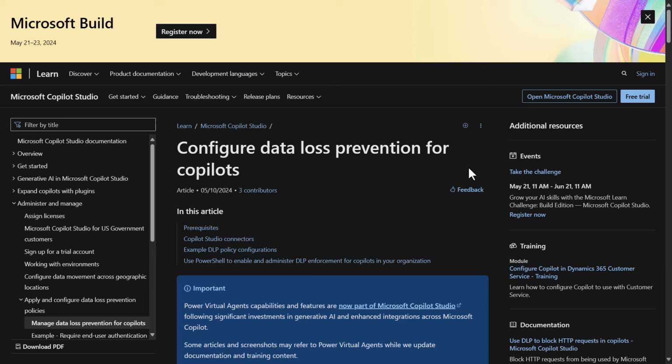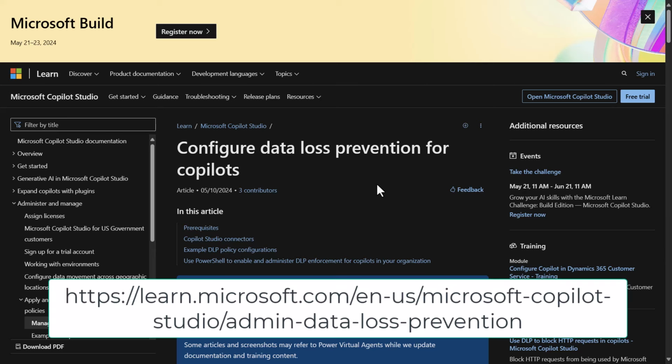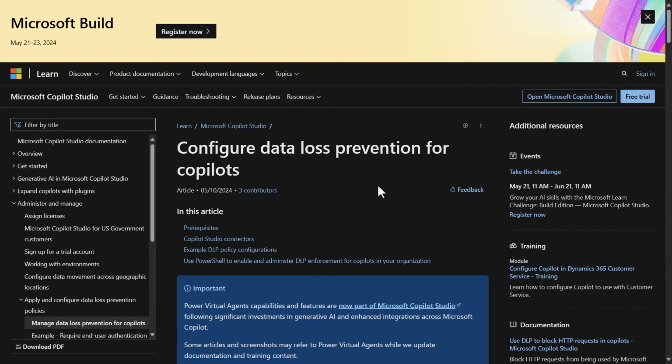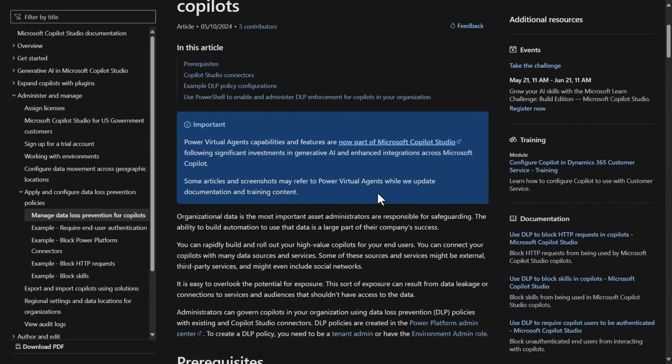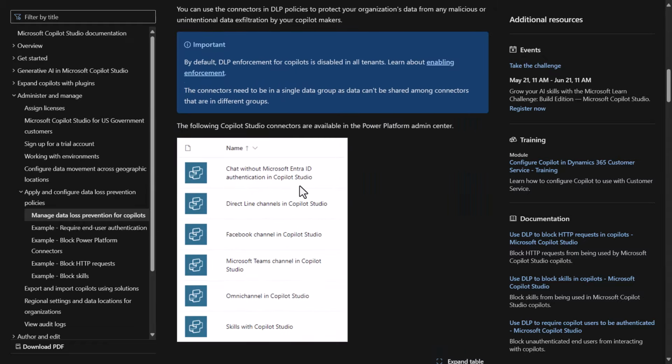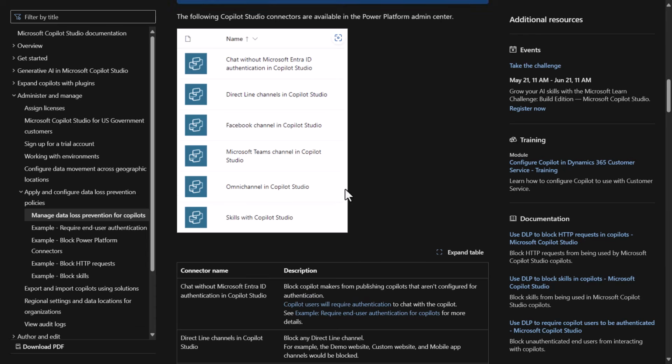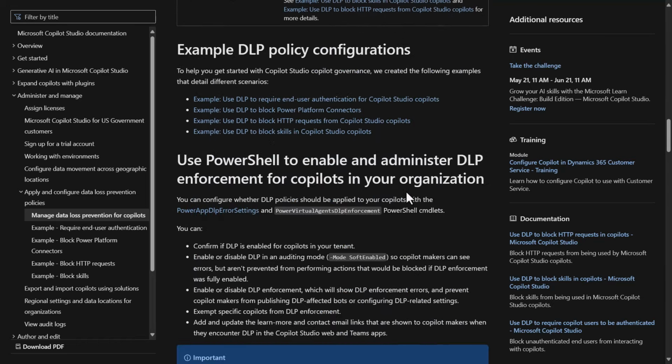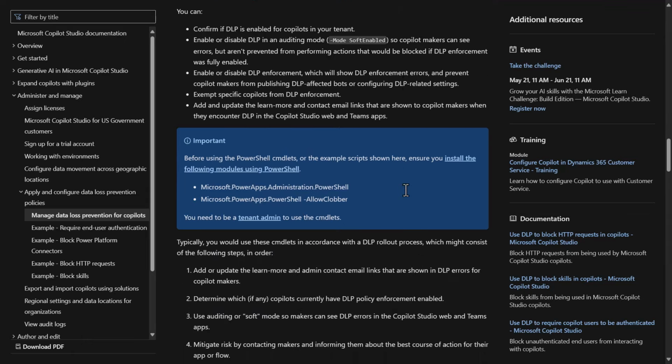I wanted to make sure that you knew that on the Learn site, you'll see the Configure Data Loss Prevention for Copilot section. I'll put the URL in a box here in YouTube for you. And then what you'll see is that it'll give you all the different prereqs. You'll see the list of the different ones. You'll notice that some of the ones that I said are new aren't documented here quite yet. That'll be coming in the coming days,